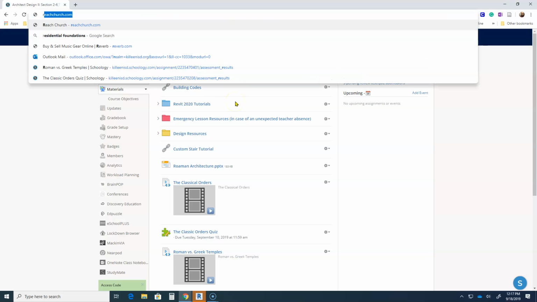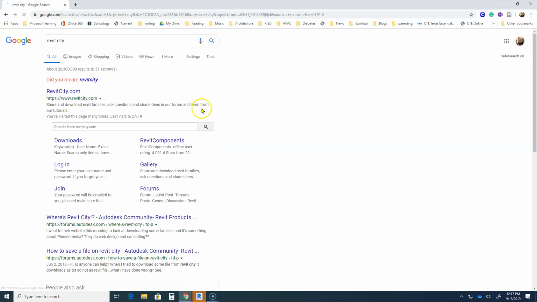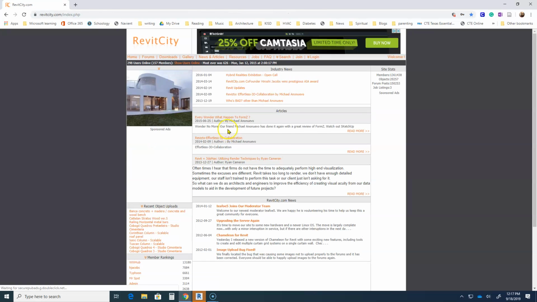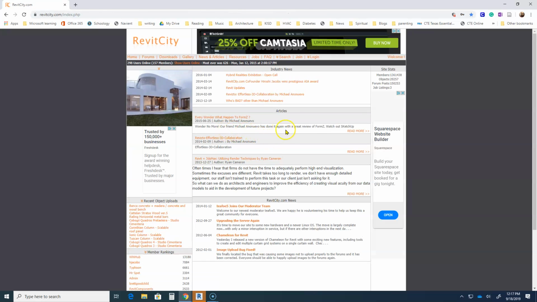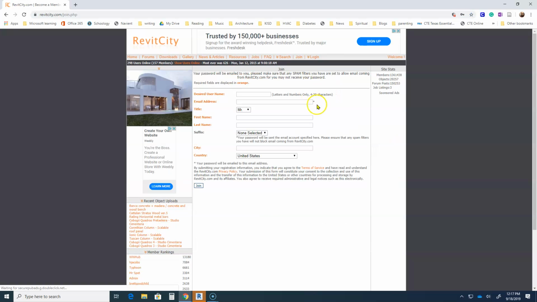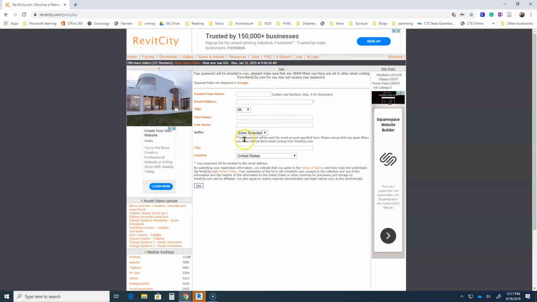You just type in Revit City and it should be the first thing you come up with. Click on that. Before you can download anything, you have to join. You have to start an account. So you'd click on the join button, use all this appropriate information, use your school email address. That will be easiest for you to access